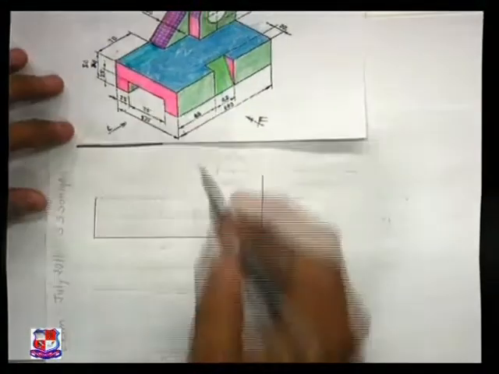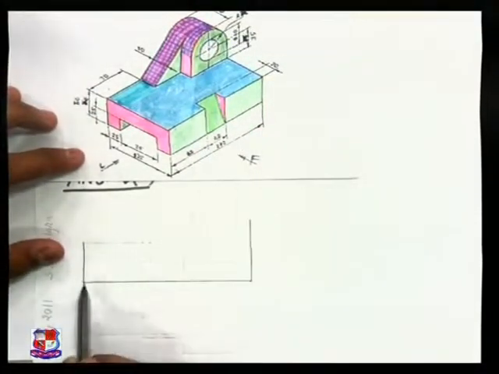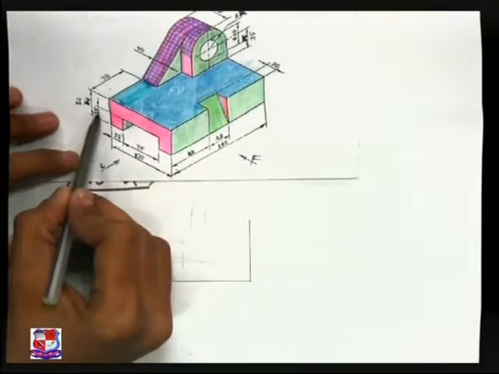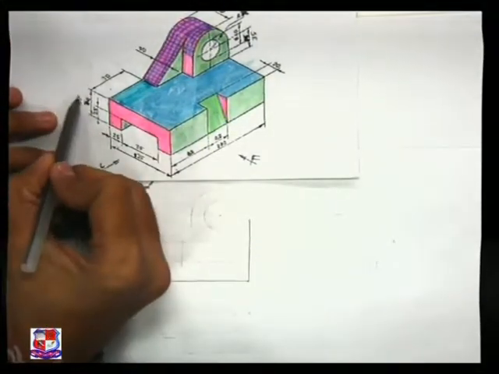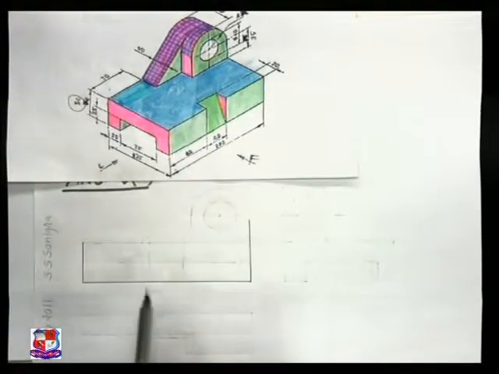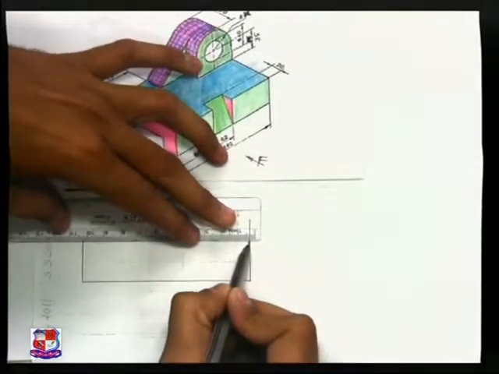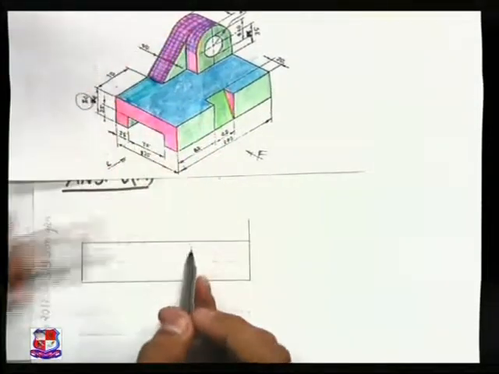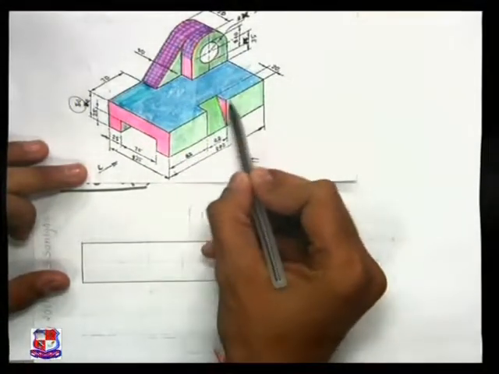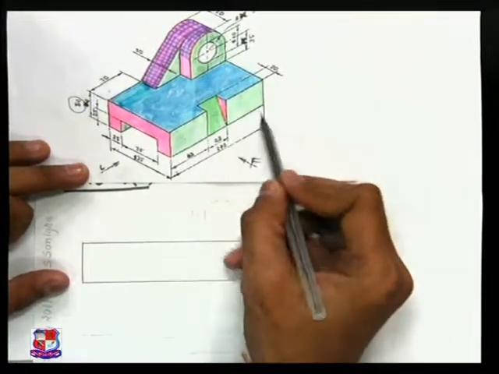So the 200 mm, this width, from here to here, we have represented by this. The height is given over here, that is 50 mm. This dimension is 50 mm. So this height is 50 mm. Hence at a height of 50 mm, draw another horizontal line like this. So this rectangle represents the front view of this portion, that is the green colored portion, right? Height is 50 mm, width is 200 mm.